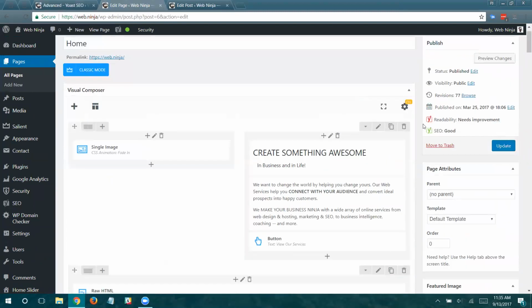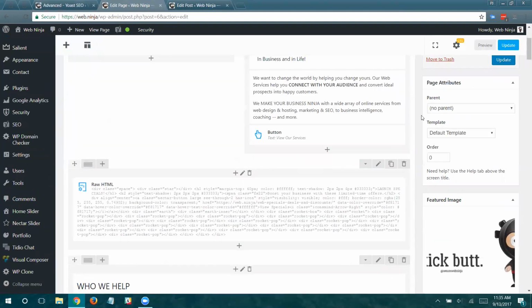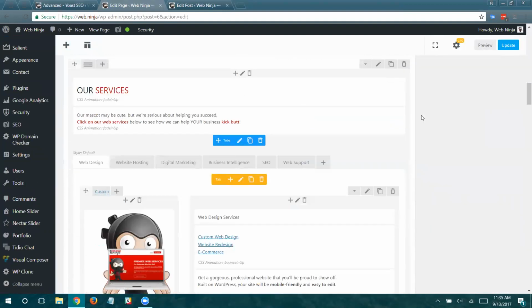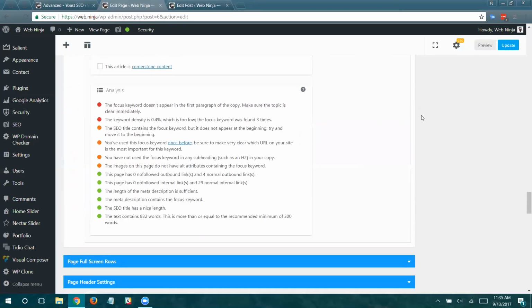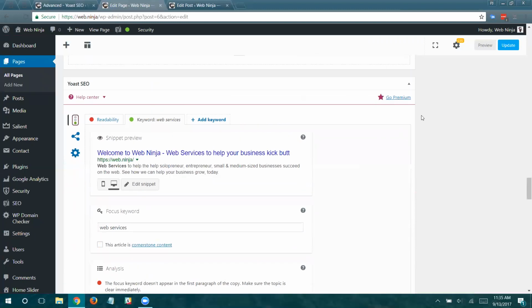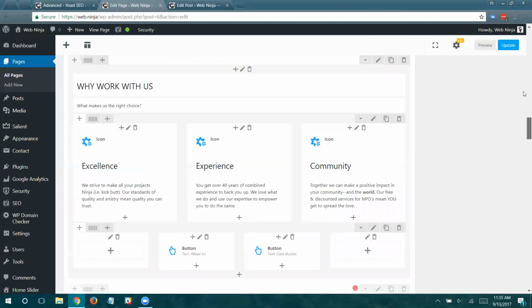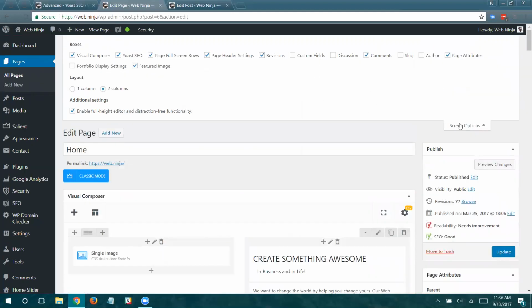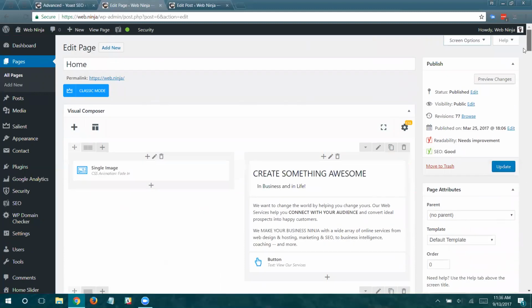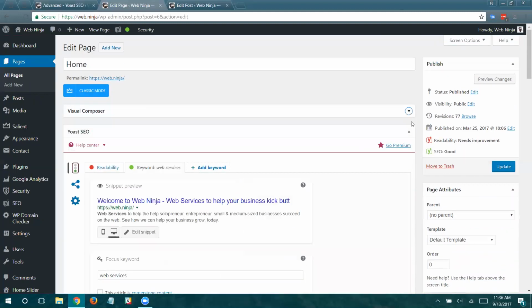and you can see I've got a lot of content on the homepage. I want people to be able to scroll on the site and get lots of good info. But once you get past the content of your page, you're going to see this Yoast SEO widget right here. You can show or hide it. I'm going to scroll up here to show you. You can show or hide it with the screen options. And I always recommend looking at the screen options because there's a lot of things you can show or hide to your convenience and preference. And then I'll just go ahead and minimize this.